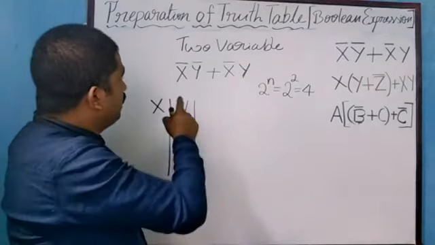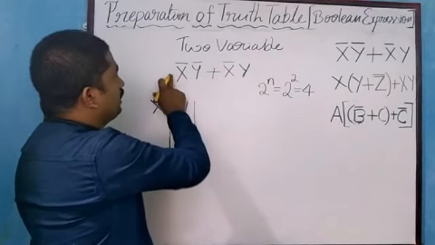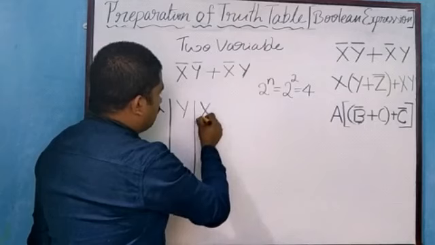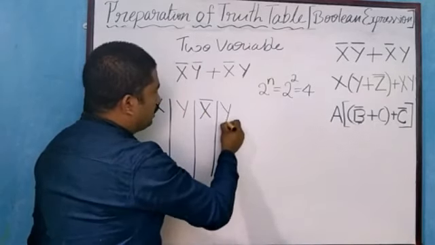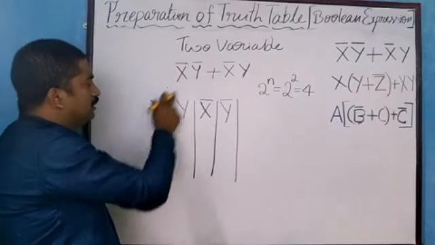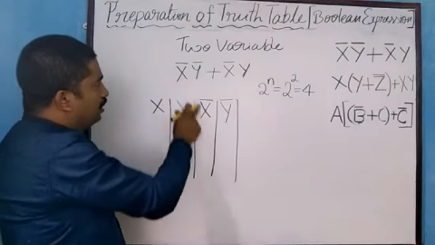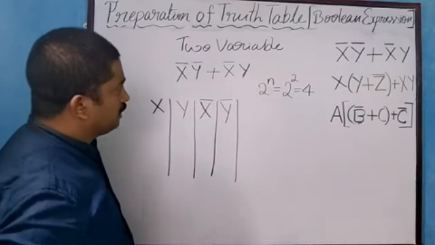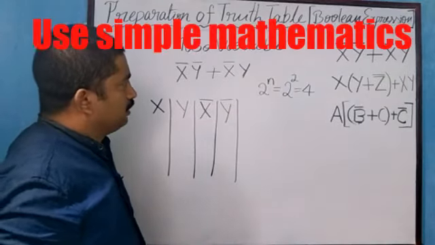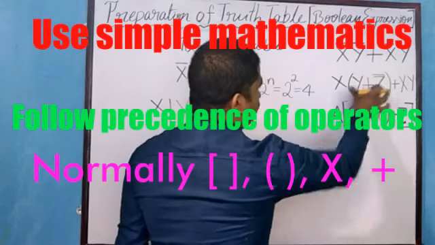Then see the complements. Here we have the complement for both the things. Here x complement is there, y complement is there. So we need x complement and y complement. The first thing, write the individual variables, here in this case x, y. Then write its complement. That is, we need x complement as well as we need y complement. Then see the bracket. If there is any bracket, solve it first. In this second expression, we have this bracket. First, we have to solve this bracket.